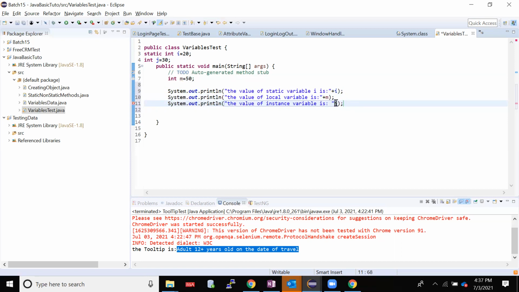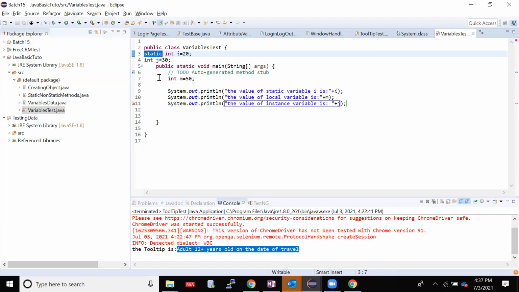But see here, when I put j, it is not reading. Why do you think it is not reading? It is telling cannot make a static reference to non-static field, because here j is non-static, right? There is a concept of static and non-static, and your method is static.